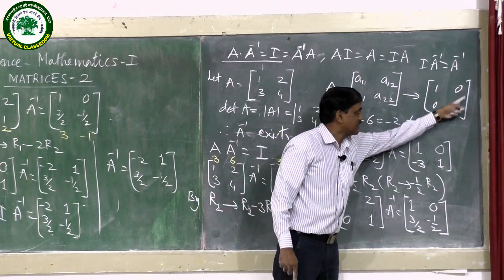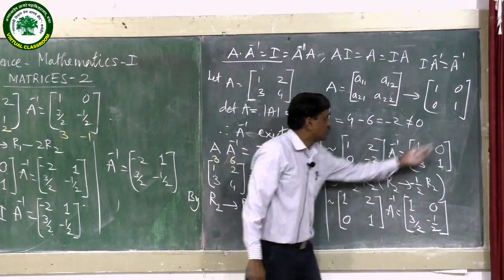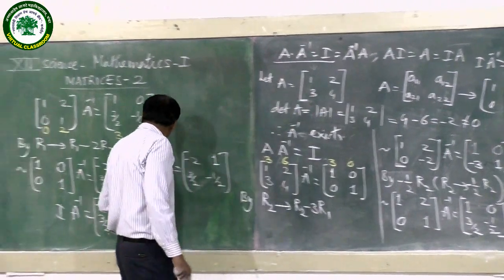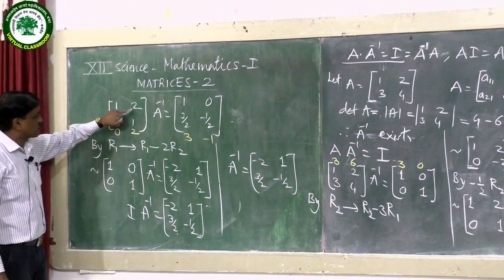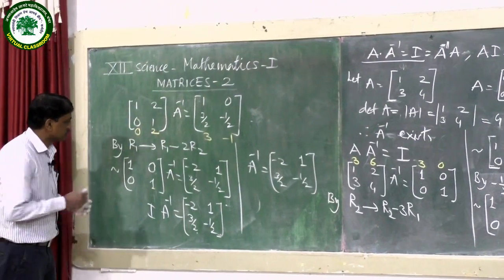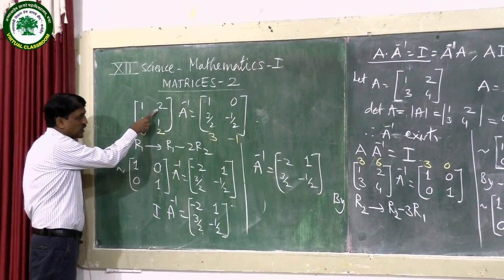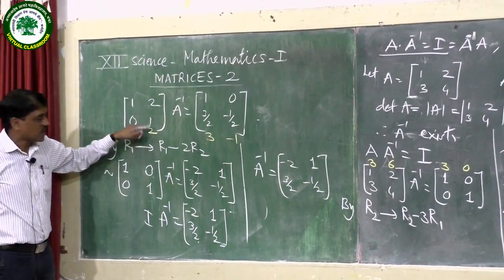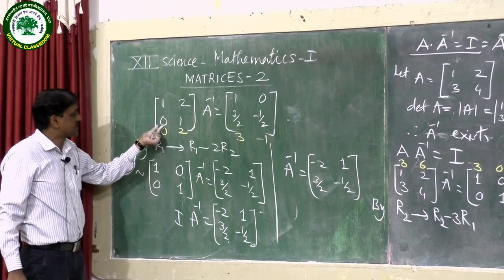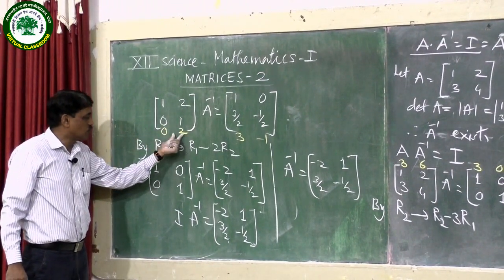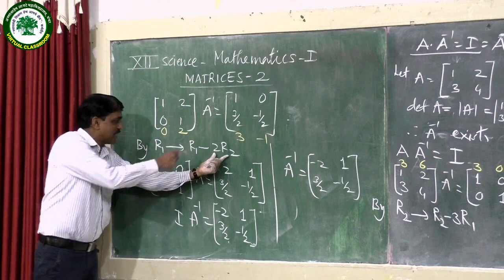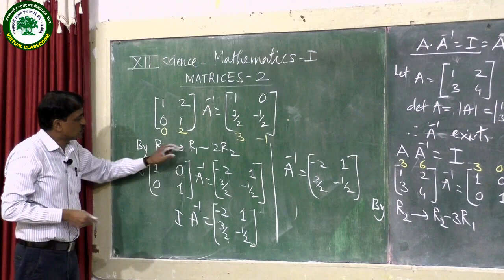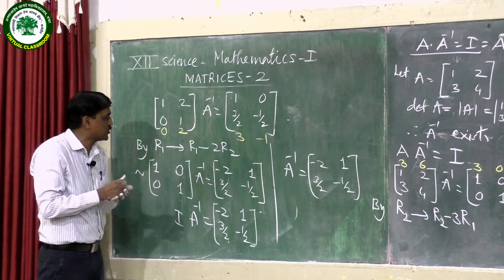What remains? Convert this element 2 into 0 to perform this. See here, we have to convert this 2 into 0. So how to do it? हा 2 0 करण्याकरता आपल्याला 2 ची गरज पडेल. तो कुठून मिळेल आपल्याला 2? ह्या 1 ने गुणून, म्हणजेच या सेकंड रो ला 2 ने गुणायचं, म्हणजेच काय? Multiply second row by 2, and subtract these multiples from the corresponding elements of first row, from R1. So the transformation is like this: R1 minus 2 R2.